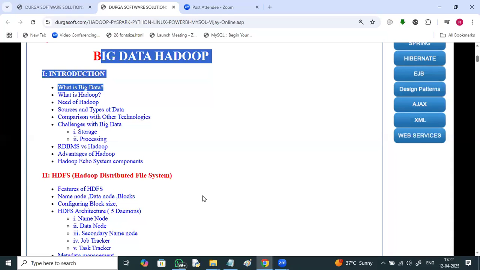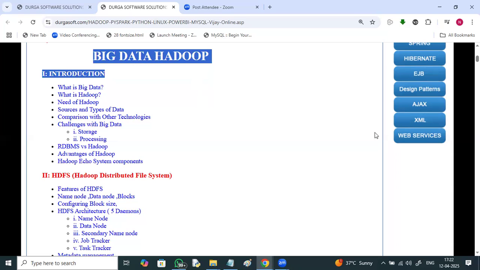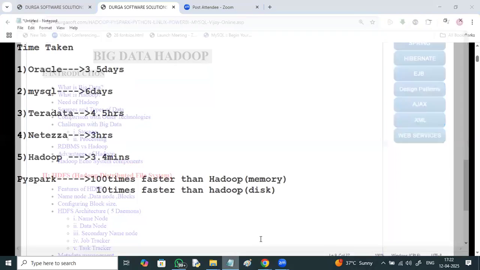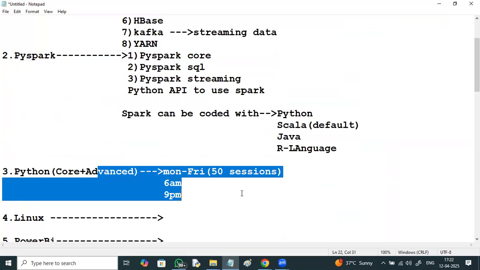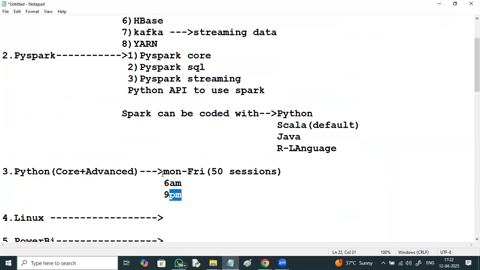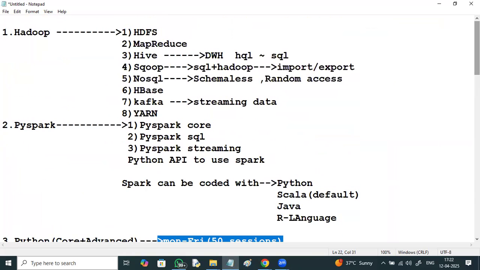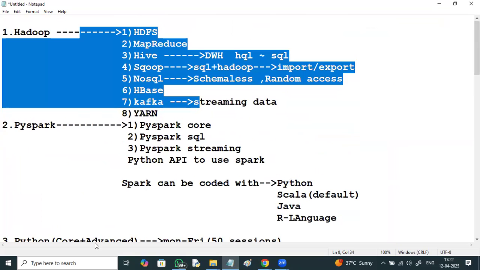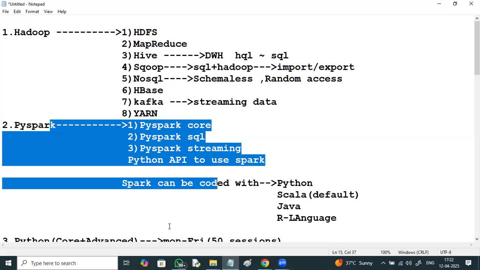Sir, does it start from Hadoop? Yes, it starts with Hadoop, and Python parallelly, as I said just before. Python will be from Monday to Friday, either early morning 6 a.m. or 9 p.m. or any other batches of mine you can attend, and check with the online team. Hadoop will be discussed on the weekends. When Hadoop is going, Python will be done. Once the Python core is completed, Hadoop gets completed on the weekend. PySpark and advanced Python go parallel. Once that is done, Power BI will be started.